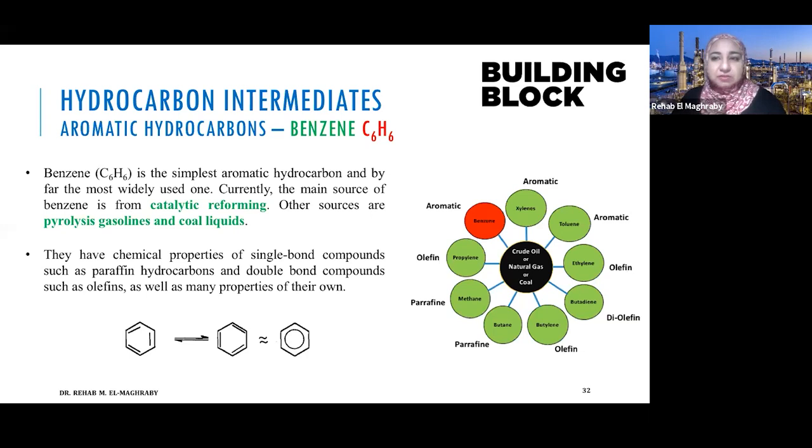So naphtha actually is one of the important components from the crude oil, and is very important in the petrochemical industry in general. So benzene is one of the aromatic components that cannot be extracted from natural gas using the normal or commonly known method, but it can be extracted from natural gas if we use the Fischer Tropsch process.